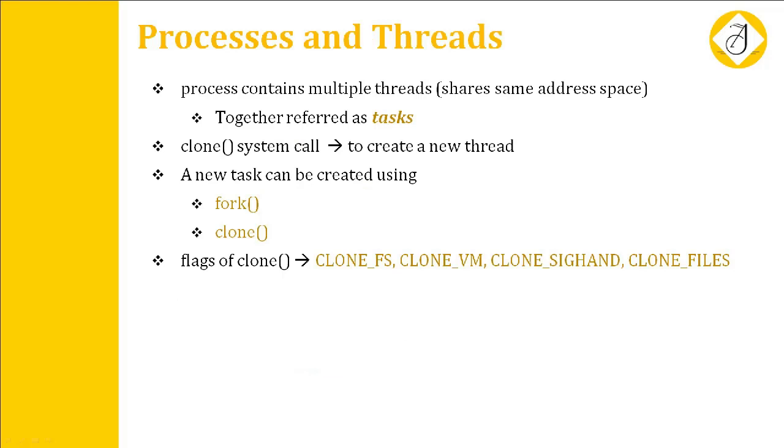Next we can see about the process and the thread. So what do you mean by a thread? A single process may contain one or more threads. So if you are having a process like this, then you can have one or more threads. So this can be called threads. Each and every process may have one or more threads.